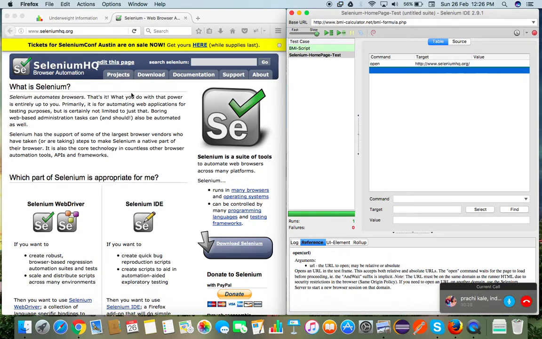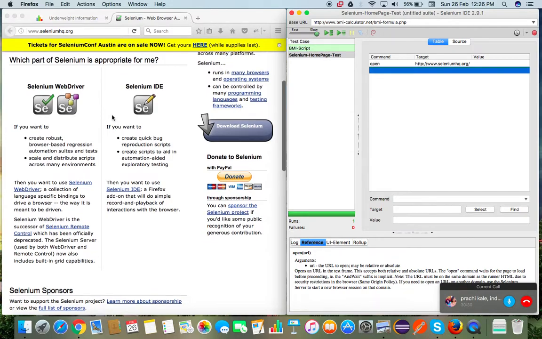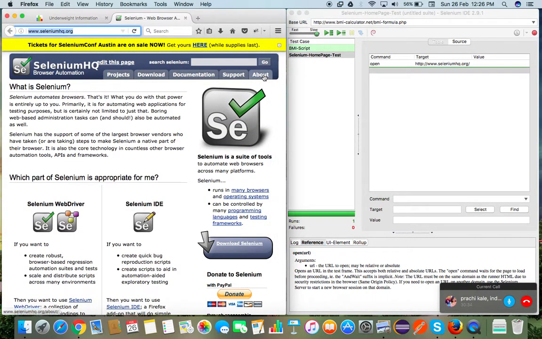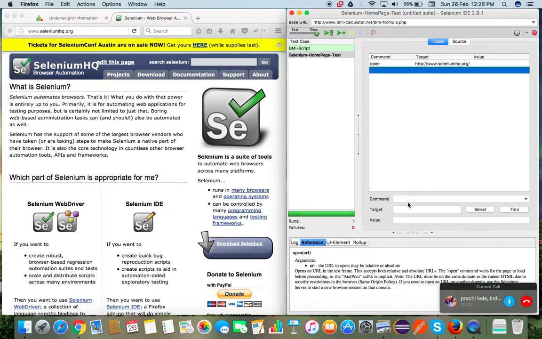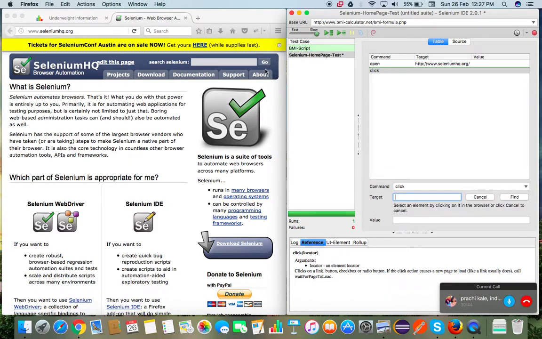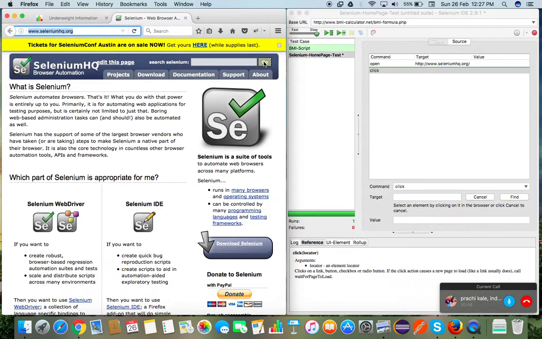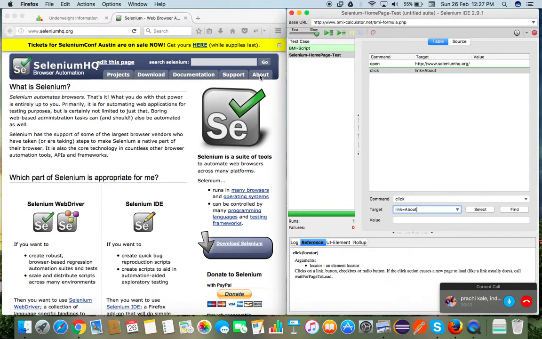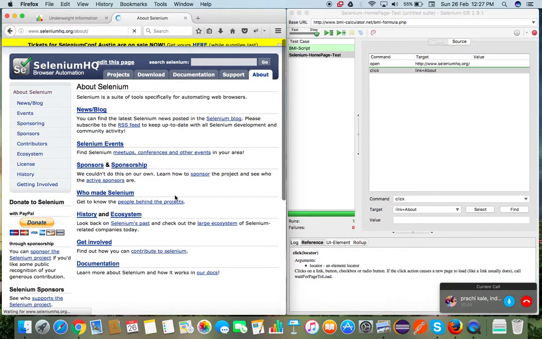Going to the next step, we're going to click on the about link. So we're going to click, and the target is an element which we can inspect this way. About, we have clicked on that link, and after clicking on about, it's taking us to a new page